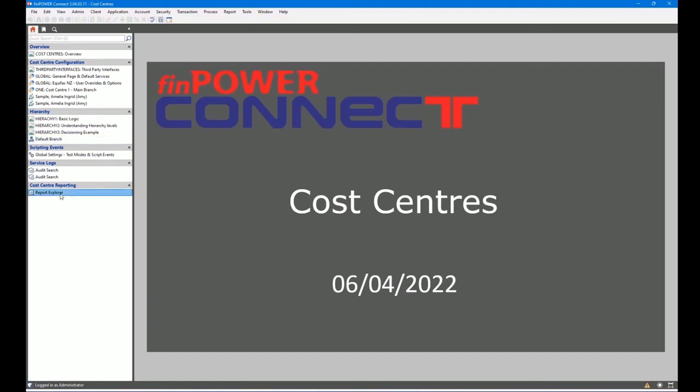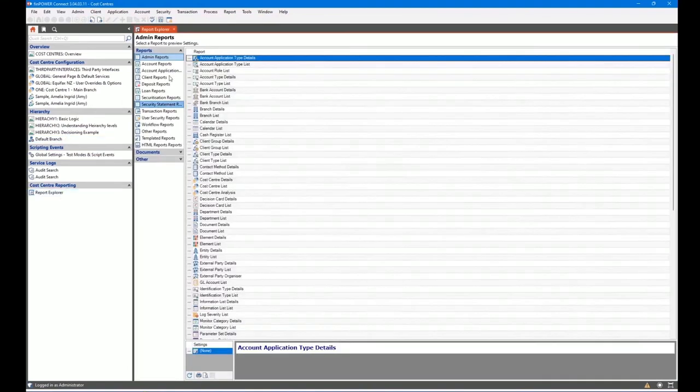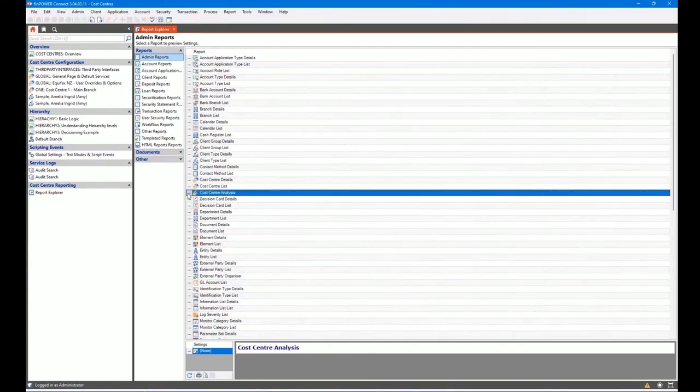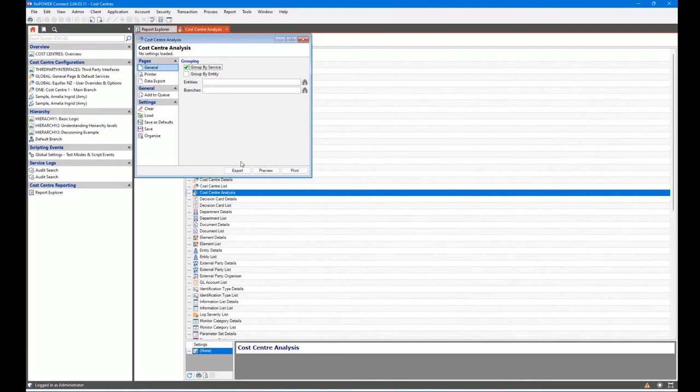Finally, there is some cost center reporting that is provided with the add-on under admin, and it's got the typical details and list reports that come with pretty much everything in VinPower Connect, but this one here is really useful, the cost center analysis report. You can either group it by service or by entity, but if we just have a quick look at this one here,